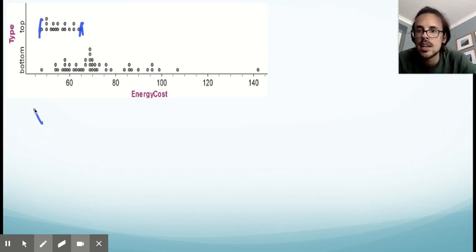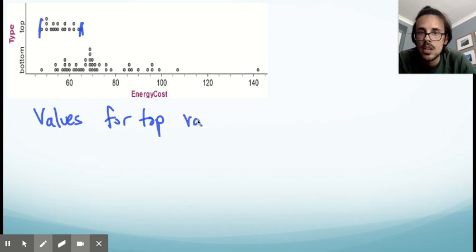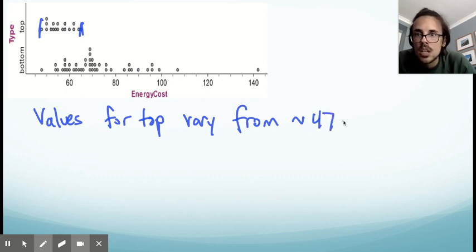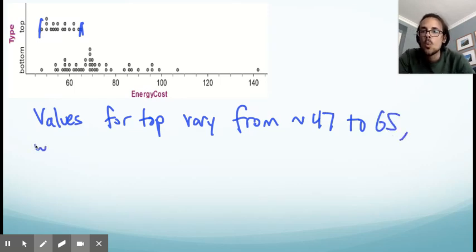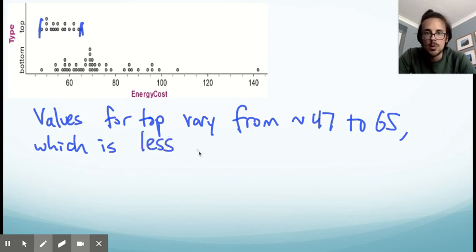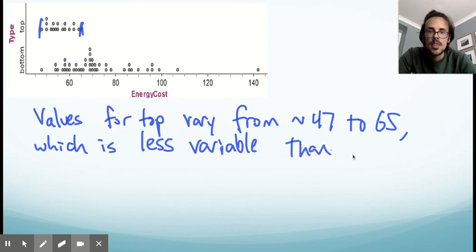So I'm going to say not range, but I'm going to say that values for top vary from about 47 to, that'd be like 65, which is less variable or less spread out than the bottom,